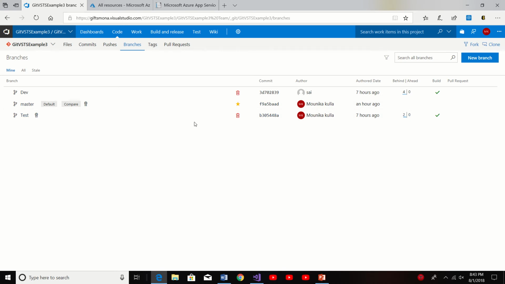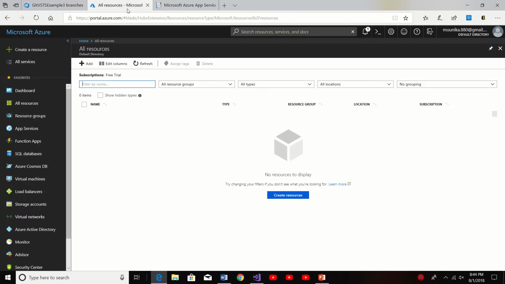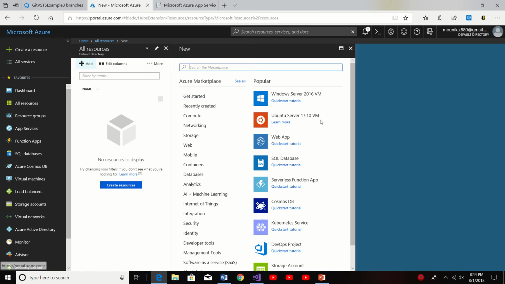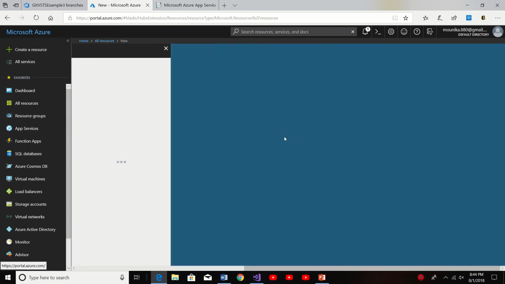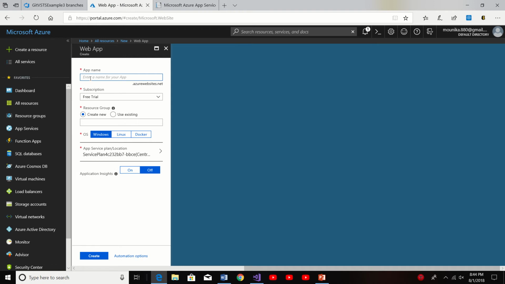Now I would like to go to add continuous deployment. So continuous deployment is nothing but it takes validated artifacts from continuous integration and deploys into production. So in my case production is a web app. So first I would like to create a website in Microsoft Azure. So click add here and select a web app, add a name, any name,